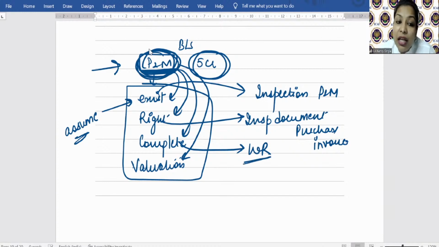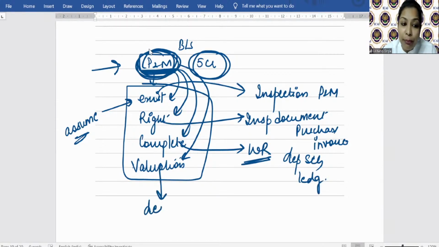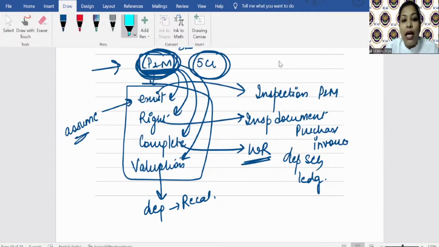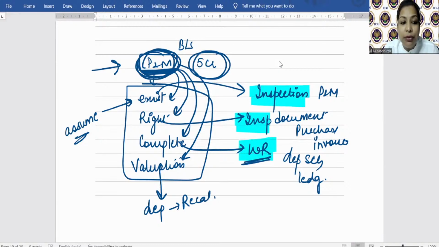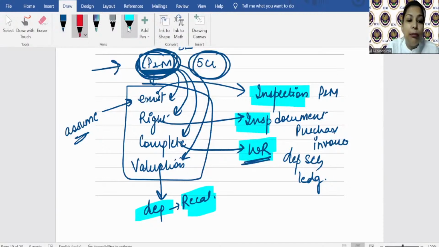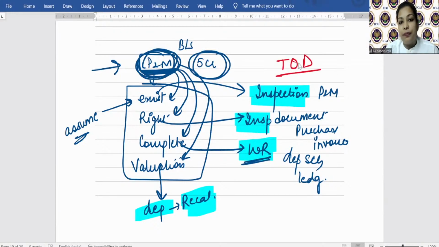So with respect to completeness, I can always obtain a written representation from the management कि management बताओ जो भी information है वो complete है ना, plus yes, I can always perform other procedures, like I can go through the depreciation schedule, ledgers देख सकते हो आप, है ना। Then valuation, again depreciation schedule में recalculation कर रहे हैं, ठीक है। So see what all I am doing, I am performing the audit procedures. This is recalculation, है ना। And what are all these? These are nothing but test of details, है ना।